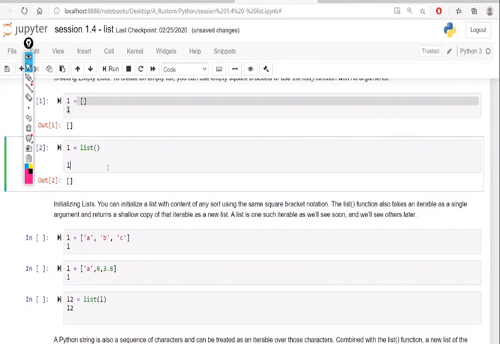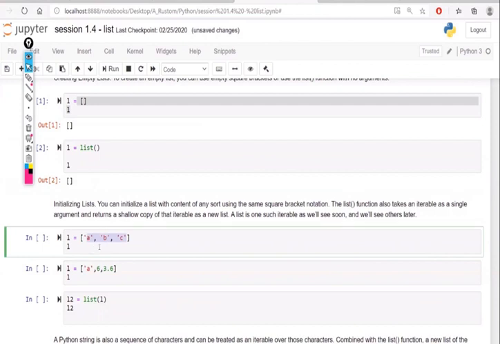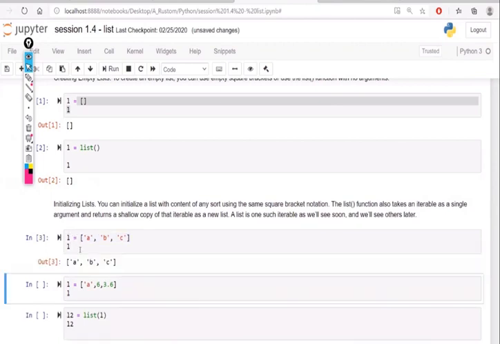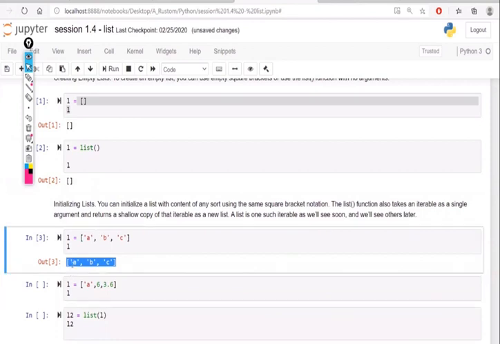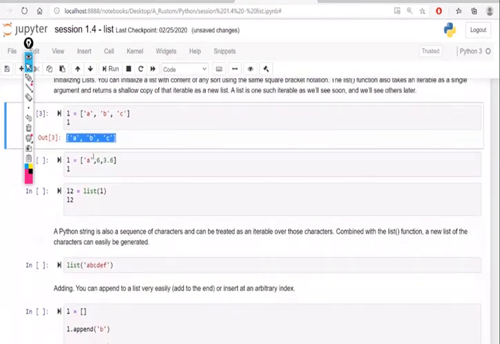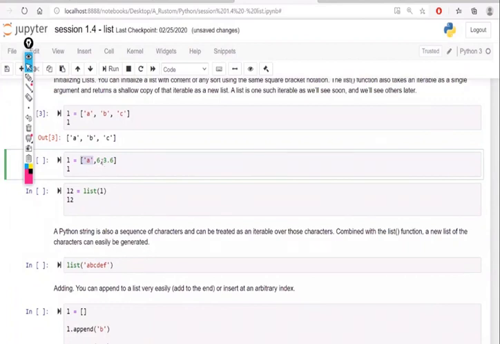It is basically a square bracket. Now I can add some data here: A, 6, and 3.6. I will store all these three data inside only one variable, and if I print that, it is basically a list now. Here you can see that A is a string, 6 is an integer, 3.6 is a float.